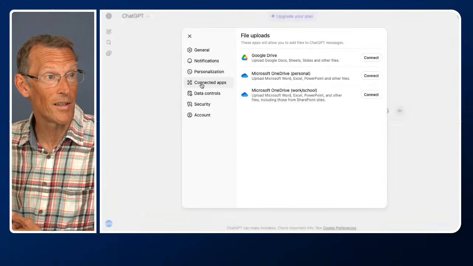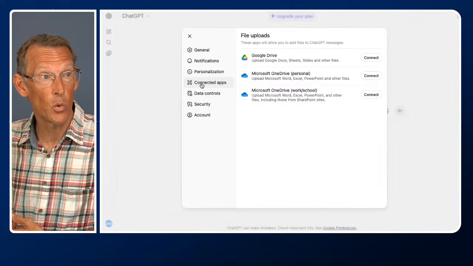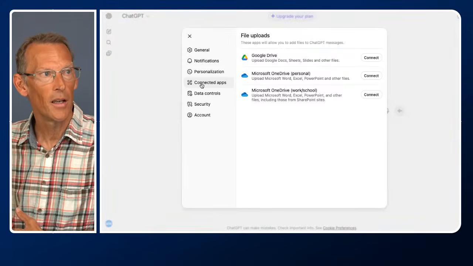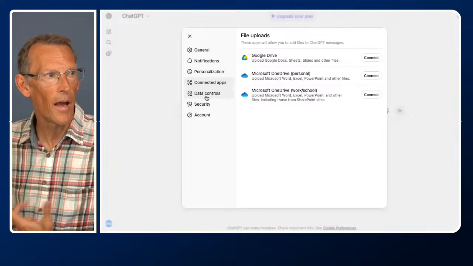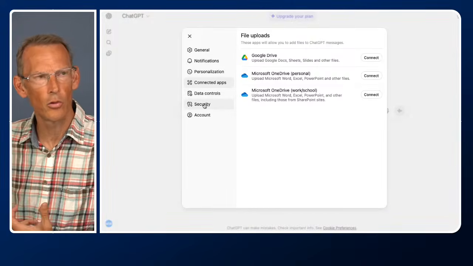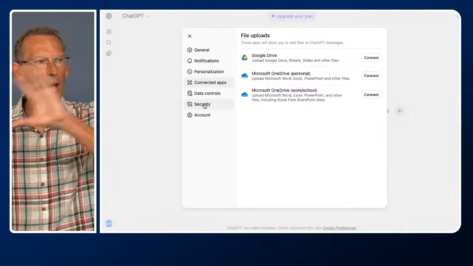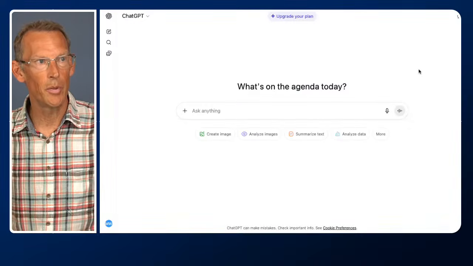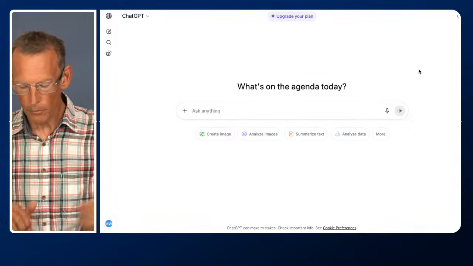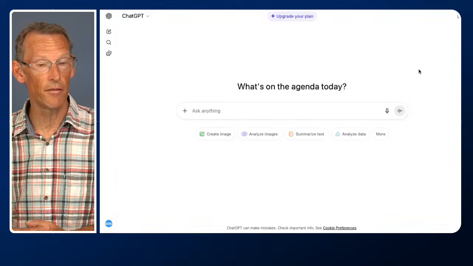We've got some connected apps which you might want to connect with. There's a lot more on the Plus and Teams accounts. They're rolling these out. This allows you to connect up to Google Drive, for example. And then there's data controls and security if you want to check those out. So there's a quick overview of your way around ChatGPT. I would certainly recommend checking out all the settings if you are new.